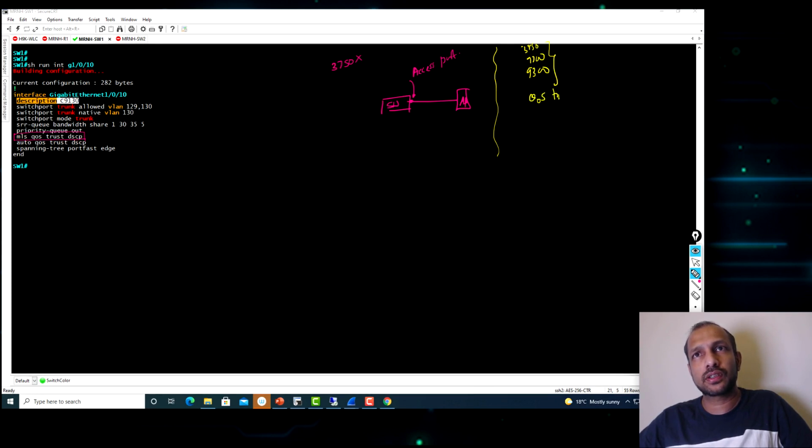Okay, so this is the theory section we discussed. In the newer switches, the values coming in will be trusted. In this traditional world, that is not the case. So in our case, we need to have the mls qos trust dscp command. The other thing is, if you're applying AutoQoS, it will do the necessary priority queuing as well. So the voice traffic will be prioritized, as the priority queue has been enabled. That is the additional thing. When you're using the AutoQoS command, it will do the required configuration without you worrying about what exact QoS configuration is required.